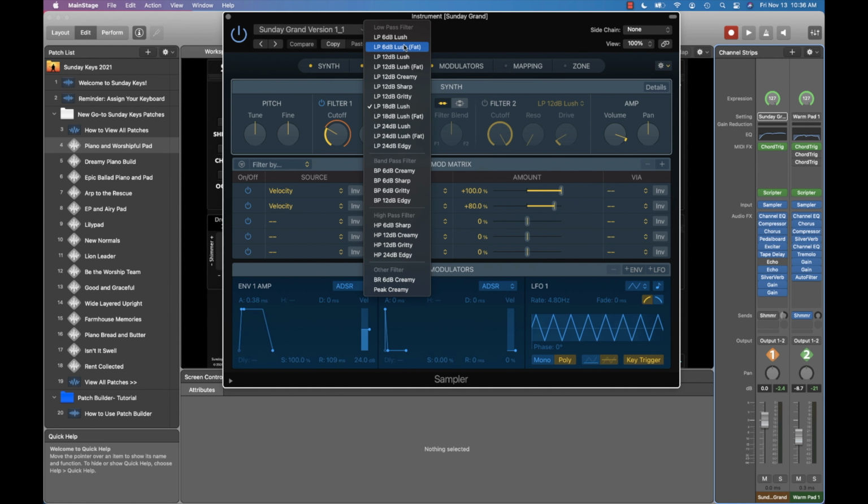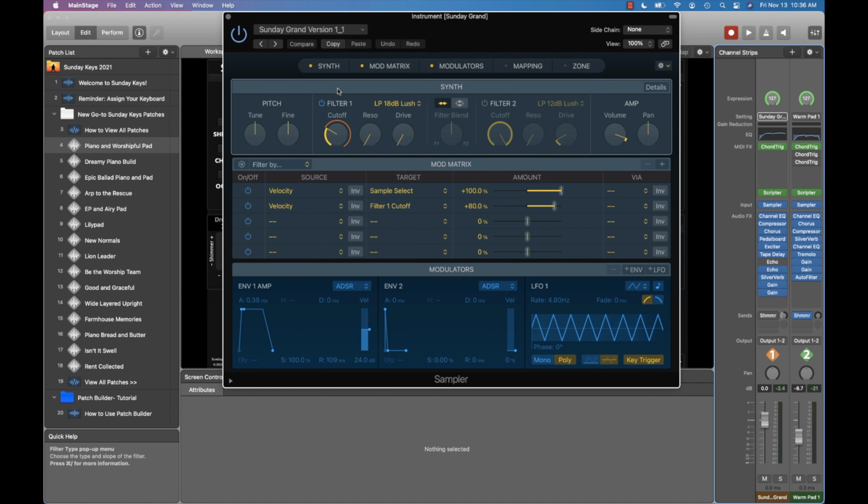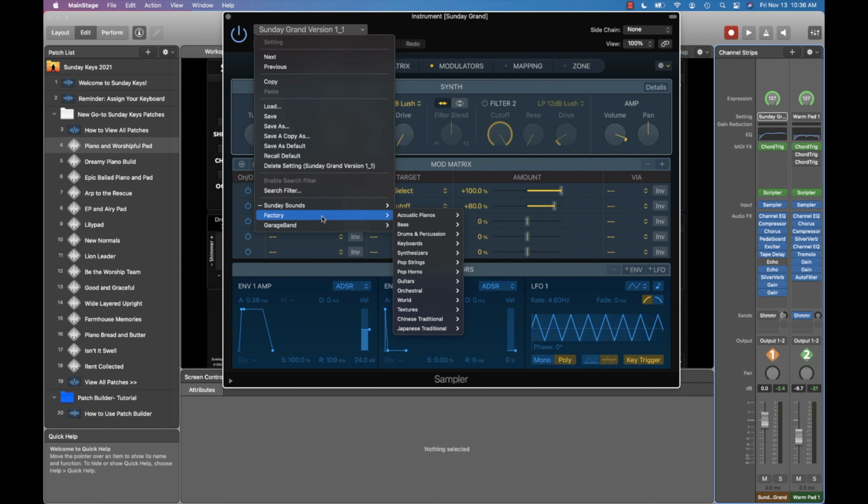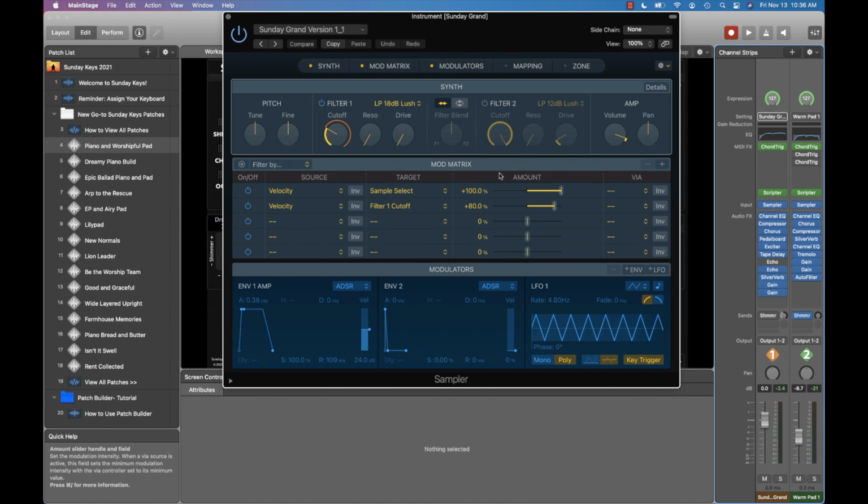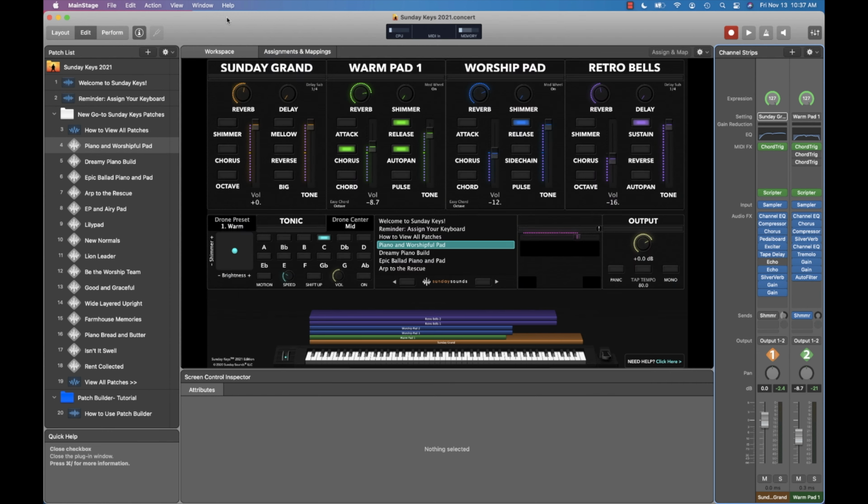And we've also got now all of these modeled filters that were previously added to RetroSynth, and I believe some of these probably also pulled from Alchemy. We now have all of that inside of Sampler as well. So it's really cool to be able to get in here and see all the cool stuff that's available. And even if you just open up the factory library here, there are lots of fun stuff that you can play with. Not a lot of new instruments added here that I'm aware of, at least so far. But to be able to mess with the new mod matrix, the ability to add more envelopes and LFOs, it's really cool stuff. I'm really excited to see that.